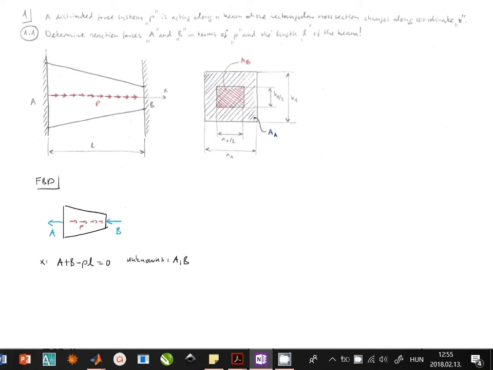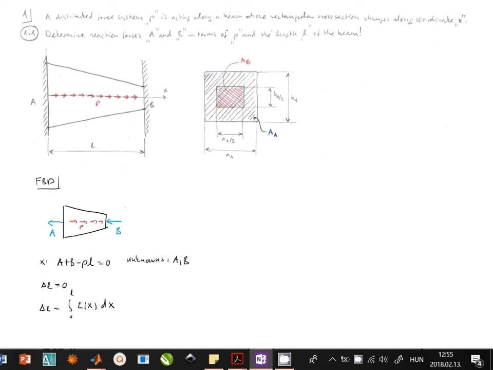And the equation will come from the elastic nature of this beam. We know that the overall elongation of the beam must be 0 because these two walls are rigid, they do not move. So the overall length of the beam cannot change, delta L is 0, and the overall elongation of the beam can be computed as the integral from 0 to L of epsilon x dx, where epsilon x is the strain,